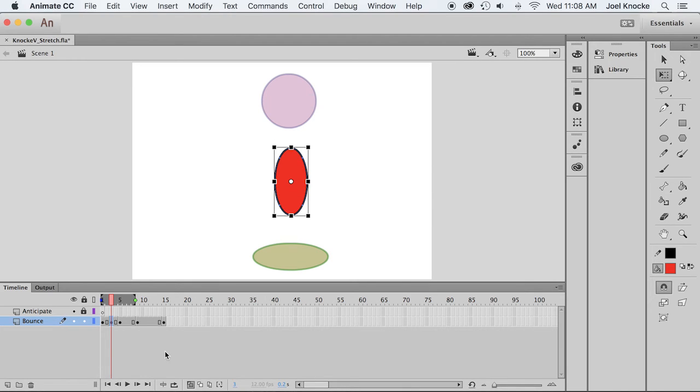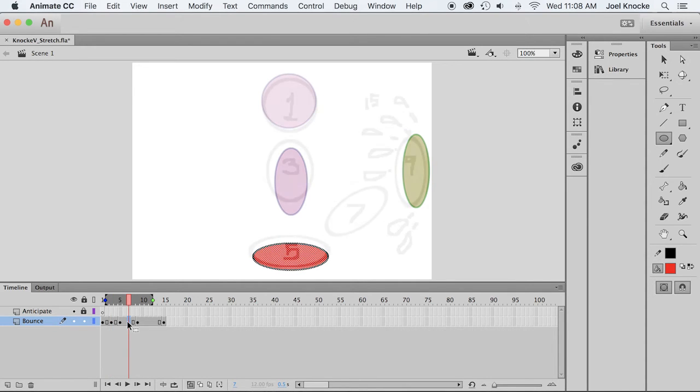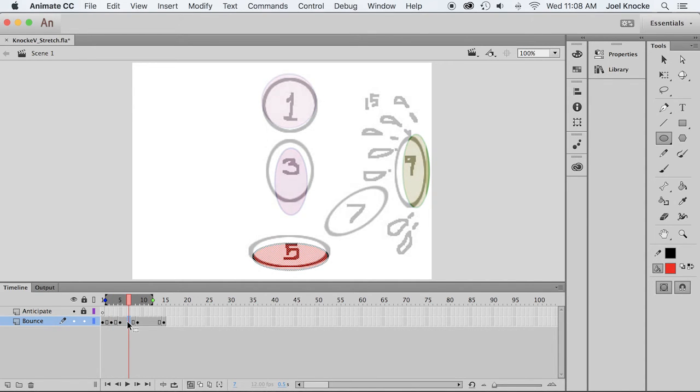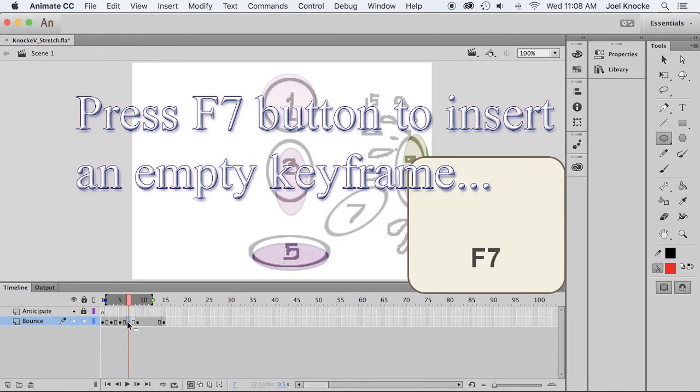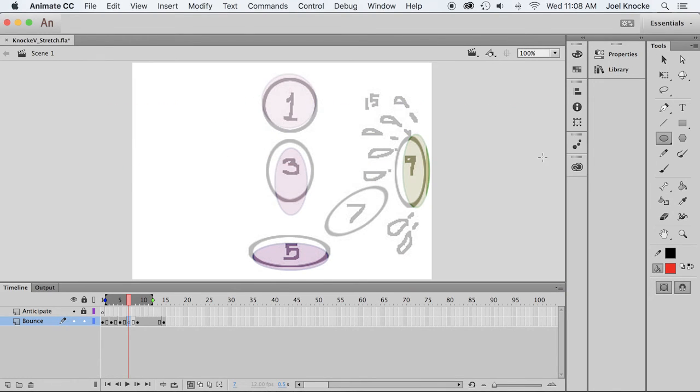Okay, good. And I'm going to get my oval tool again, and I'm going to go to the next keyframe, which will be keyframe number 7. I'm going to press F7 to get myself a new keyframe, and I'm going to draw in. Now this is the thing, you cannot get it to draw at an angle, so what you have to do is you have to draw it the shape you want it,